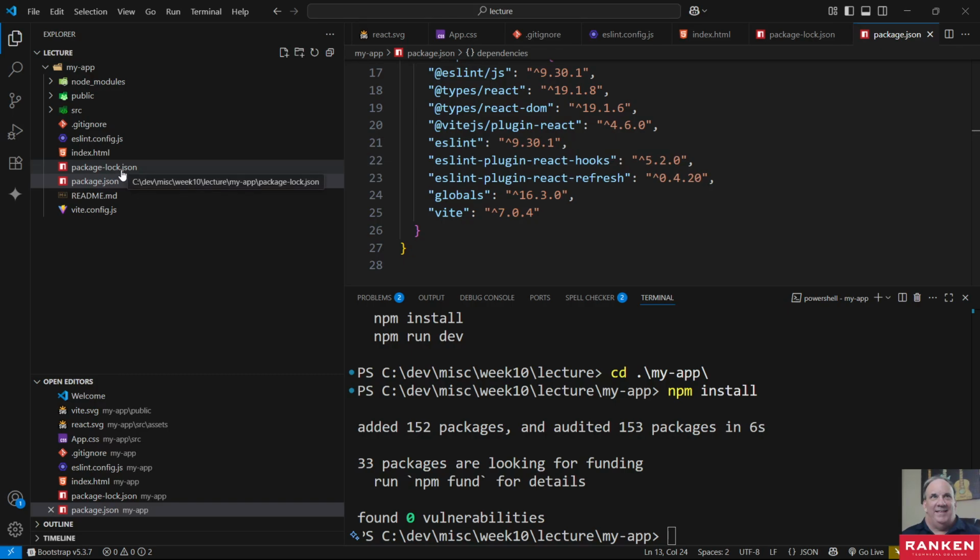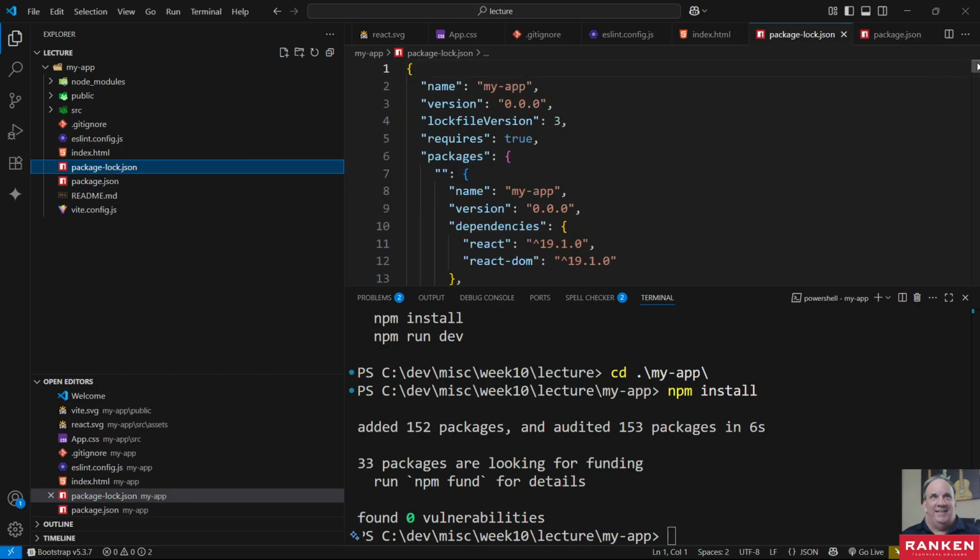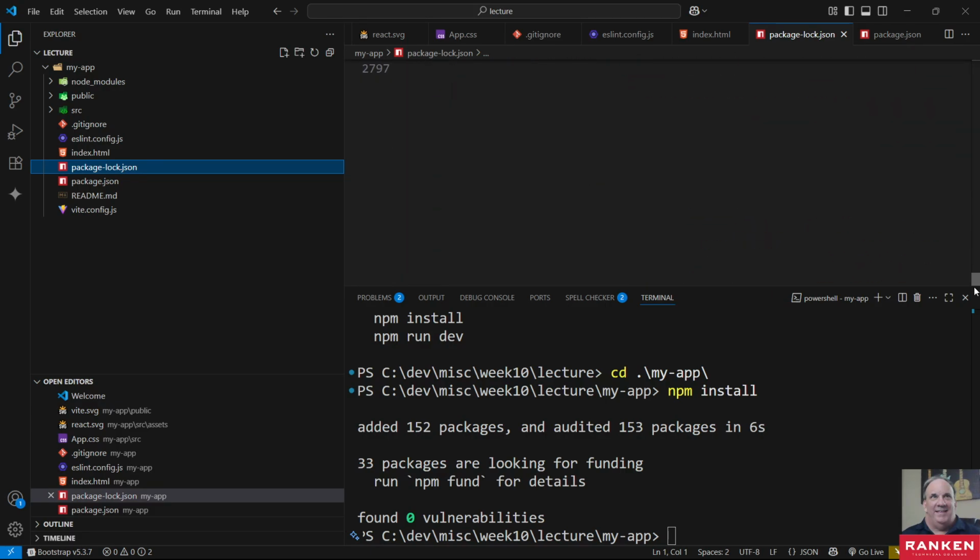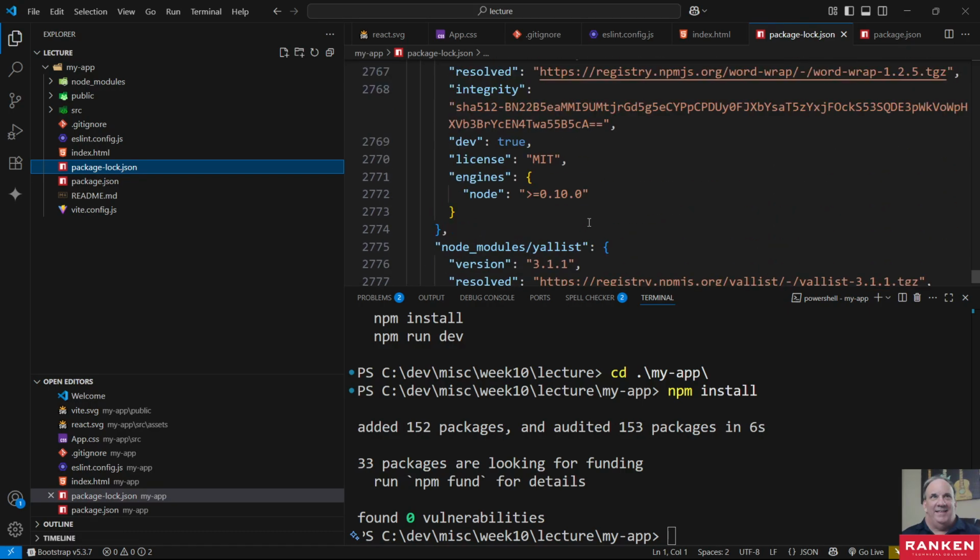But the package-lock.json, if you look at this file, I don't know if you ever have. Look how long this one is. This is like 2,800 lines. The purpose of this file is, it's automatically generated from npm, just like the other one, but it records the exact version of every package installed in node_modules, including all the dependencies, right? So you can install one node module that depends on a whole bunch of others, and it's going to include their dependencies